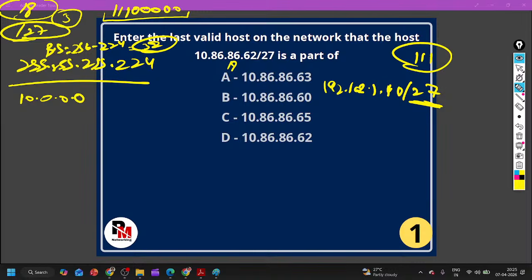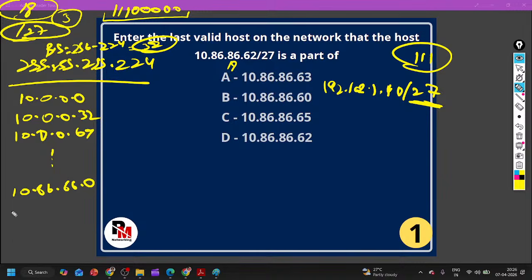Can anyone tell me how many IP addresses will be there in one subnet? 30 usable. It means the second subnet is 10.0.0.32. Third subnet is 10.0.0.64. Like this, you will have one subnet